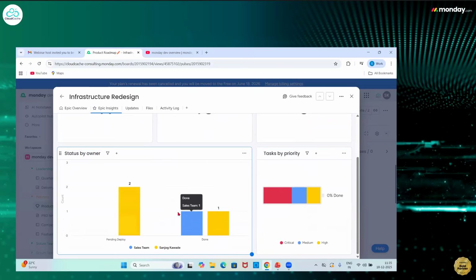You'll have some bar charts, pie charts that you can add here. You have status by owner. So the sales team has done all their tasks, but the owner Sanjog Kaude, coincidentally me, is pending deploy for 2 tasks, and one task by me is done. Then you also have tasks by priority. So there are critical tasks that are 50% of the total tasks, 25% are medium priority tasks, and 25% are